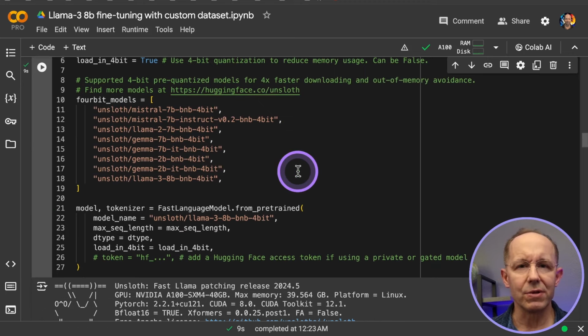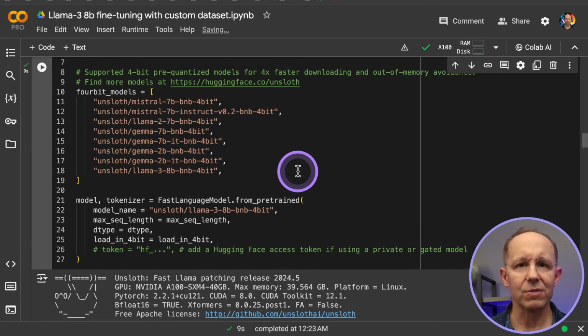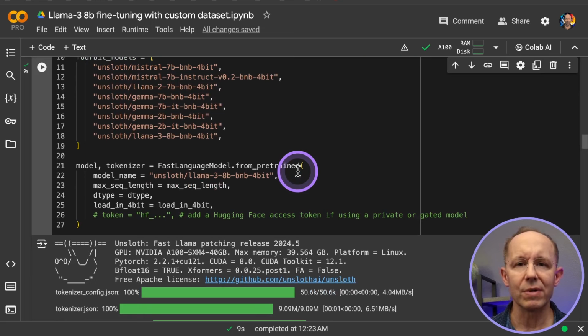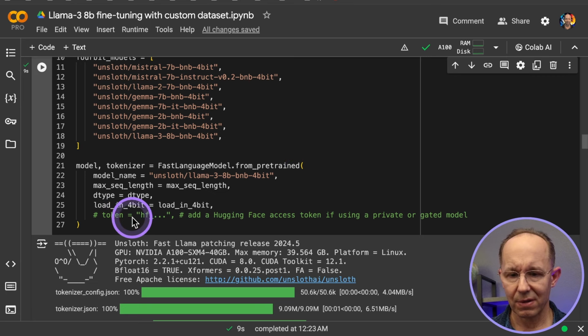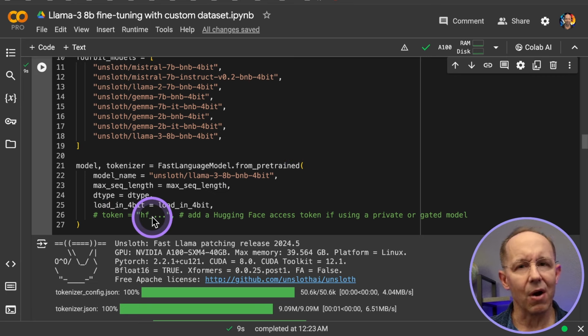Quantization is a technique to reduce the precision of weights in a model. The compression results in a model that is smaller, often faster, and consumes less energy during fine-tuning due to the reduced computational complexity. All the models shown here are quantized, and you can experiment with other models. If a model is gated or private, you'll need a Hugging Face token to download it. You would supply the token in the function call to FastLanguageModel.from_pretrained. I'll explain how to get a Hugging Face access token a little bit later in the video.